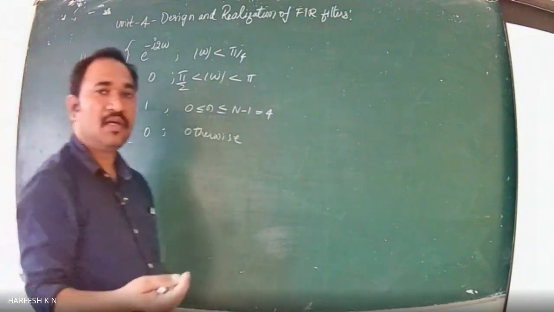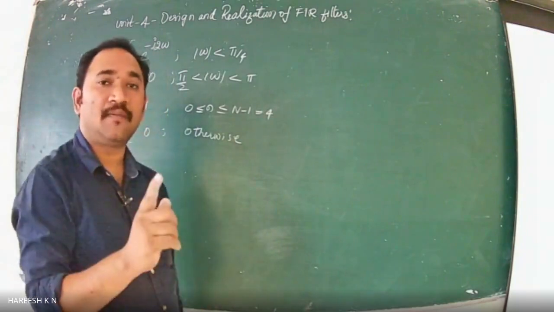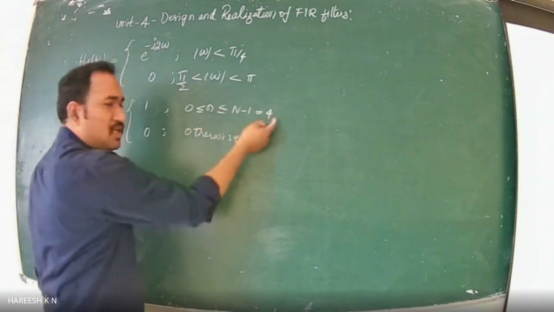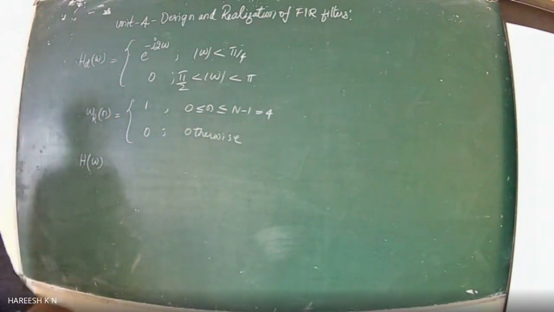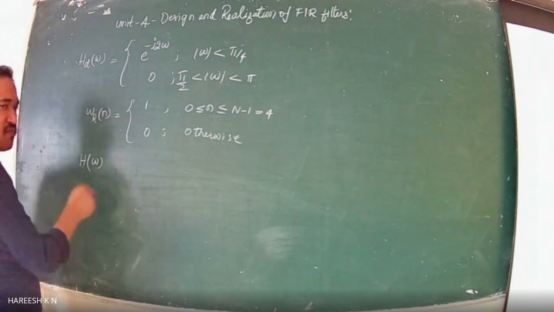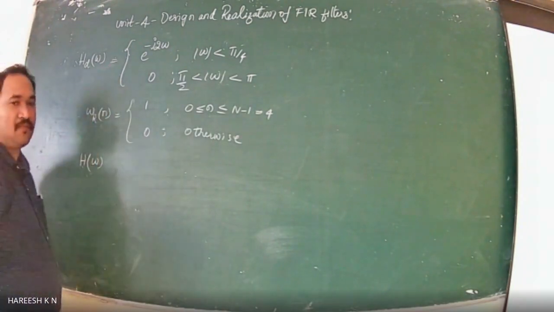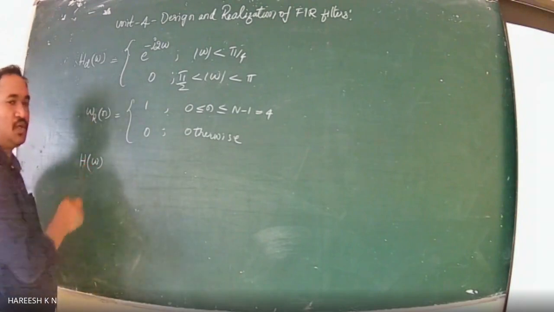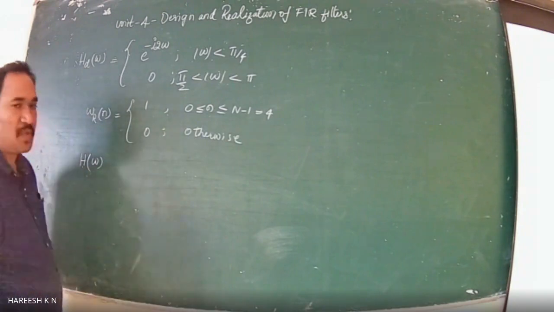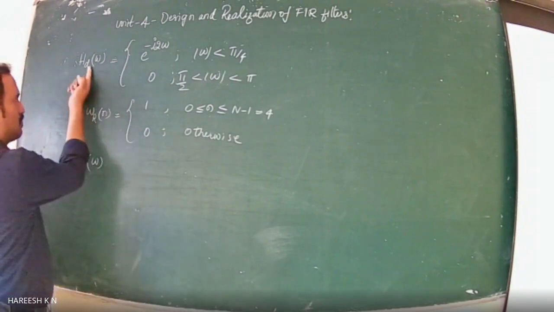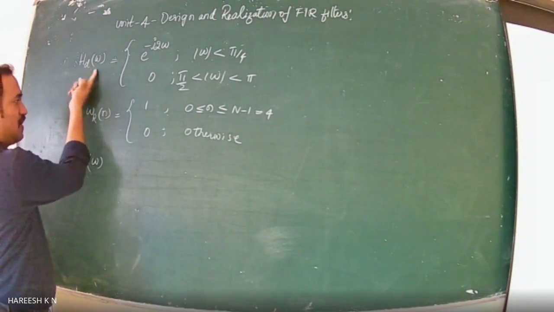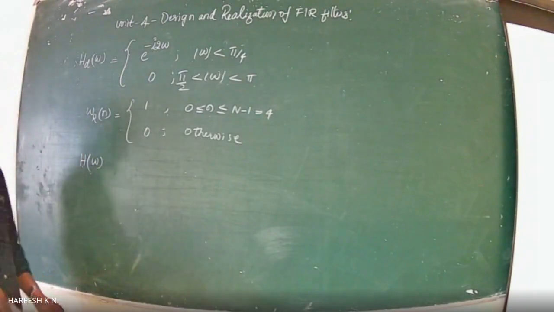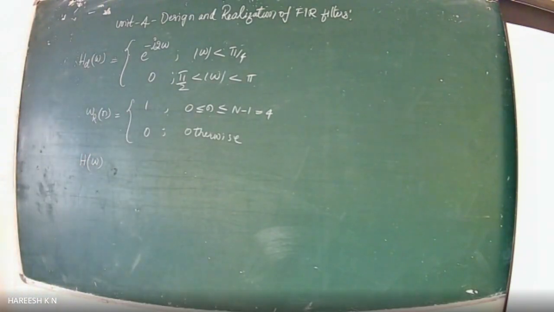Now, N equal to 5 indicates an odd value of N, isn't it? N is odd and N minus 1 is equal to 4, as mentioned. They are asking us to obtain the frequency response of the filter with this desired frequency response. Therefore, we need to find H of omega, and the corresponding impulse responses also need to be obtained. The impulse response of the desired response is HD of n, and the corresponding impulse response of the filter is small h of n. Those are the things we need to design here.